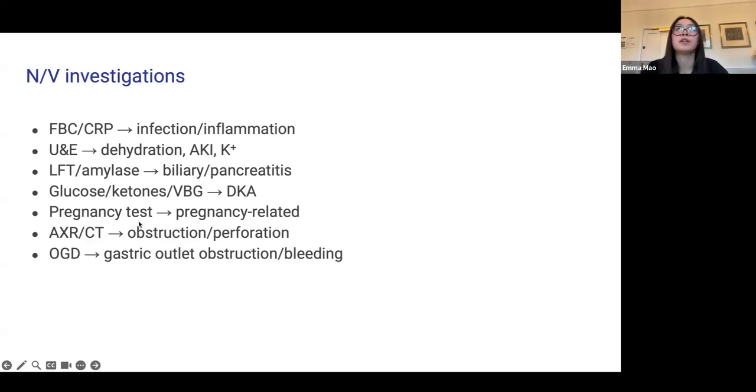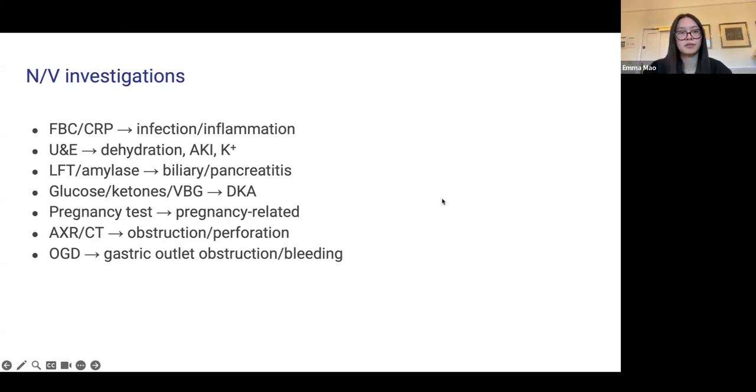You can see the gas bubble right below the diaphragm, which suggests a perforation, and then abdominal X-ray. You can also see any obstruction as well, if the bowel becomes dilated somewhere, you can see potentially. And then OGD as well, so camera, and you can see if there's any kind of upper GI obstruction there